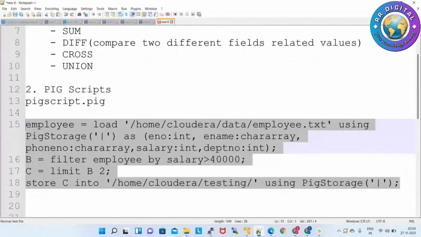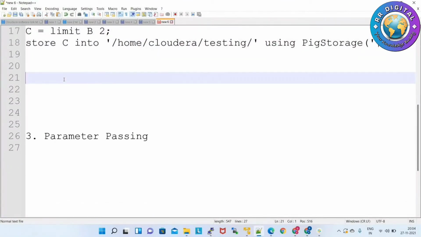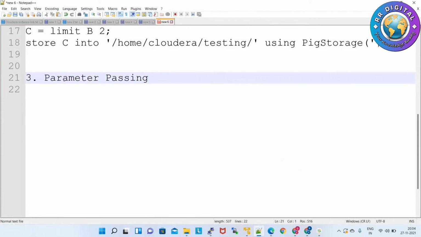So the next concept, parameter passing. A similar concept we discussed in the Hive module, how to pass parameters to Hive scripts. Here also, how to pass parameters to pig scripts.